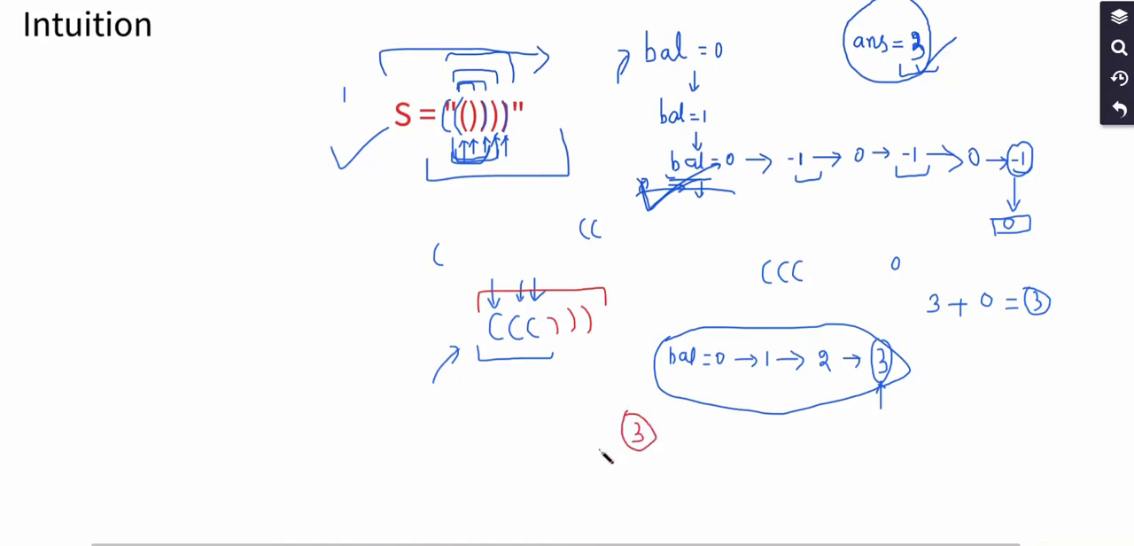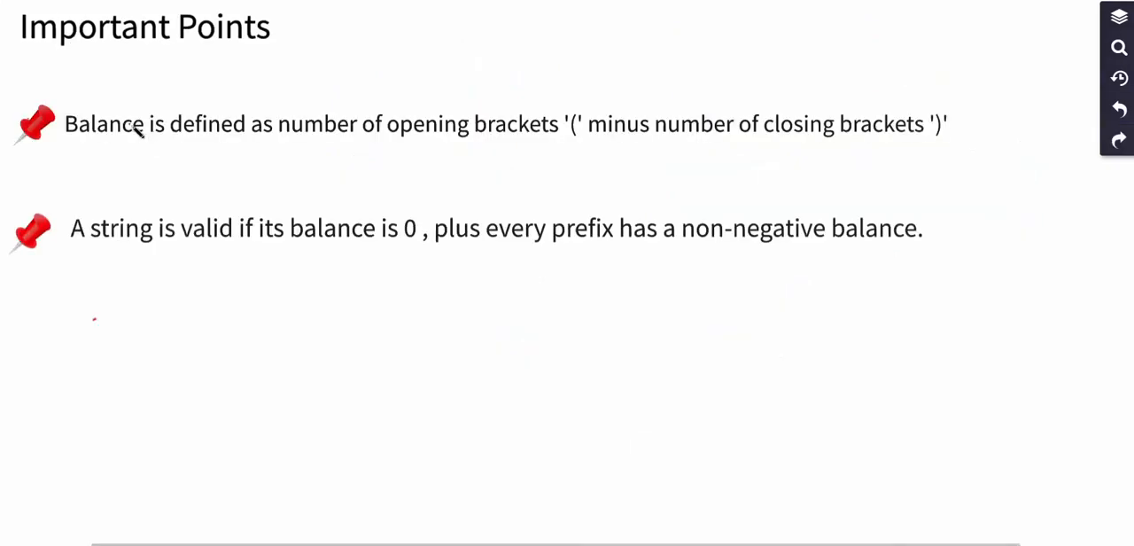Fine. Let's see the implementation for this solution. So before that we have to emphasize on 2 important points. The first is, what is balance? Balance is defined as the number of opening brackets minus the number of closing brackets at any position of the string. So at any ith position or a prefix of length I, all we have to do is to count the number of opening brackets and subtract the number of closing brackets. That will give me the balance, or the resultant number for that prefix,